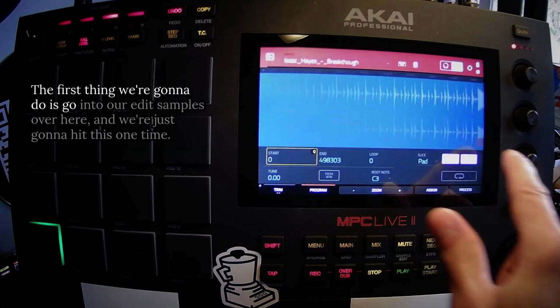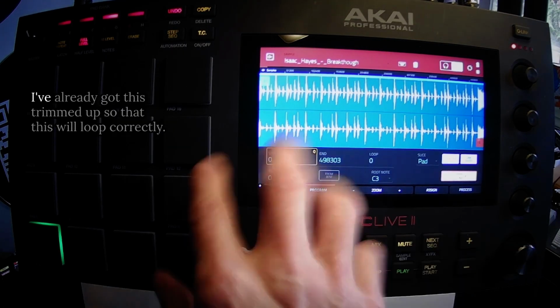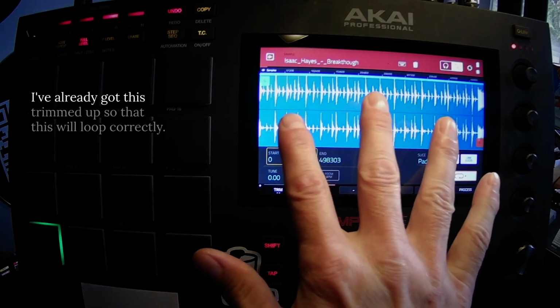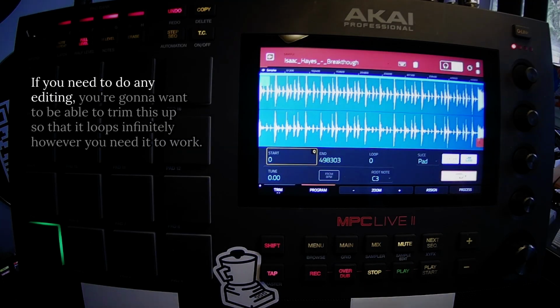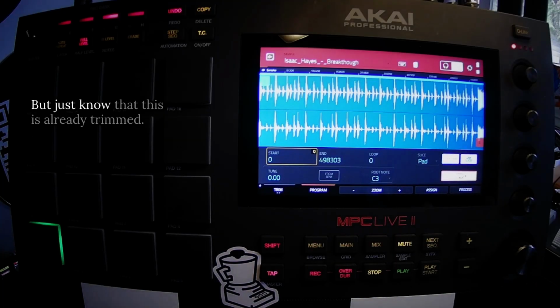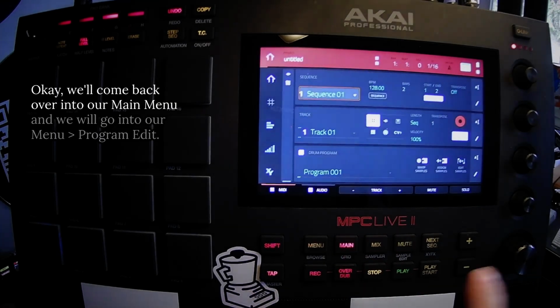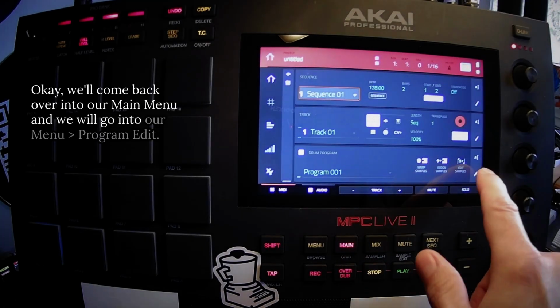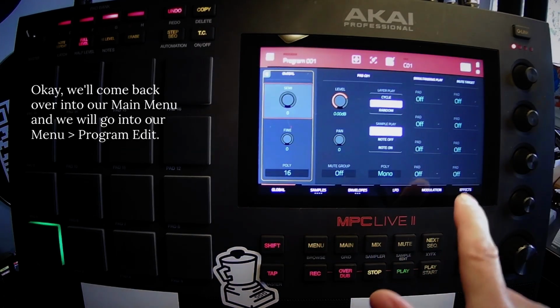The first thing we're going to do is go into our edit samples over here, and we're just going to hit this one time. I've already got this trimmed up so that this will loop correctly. If you need to do any editing, you're going to want to trim this up so that it loops infinitely, however you need it to work, but just know that this is already trimmed. Okay, we'll come back over into our main menu, and we will go into our menu, program edit, and we